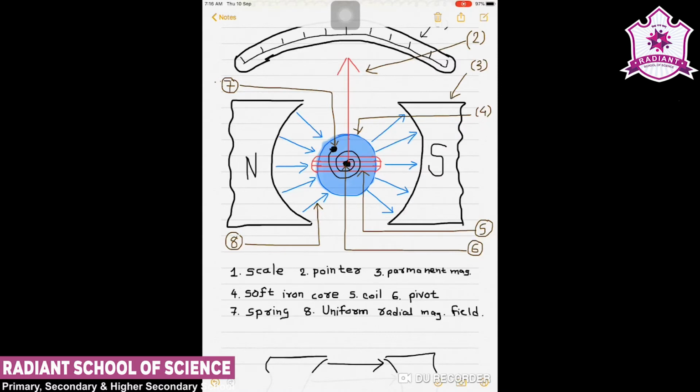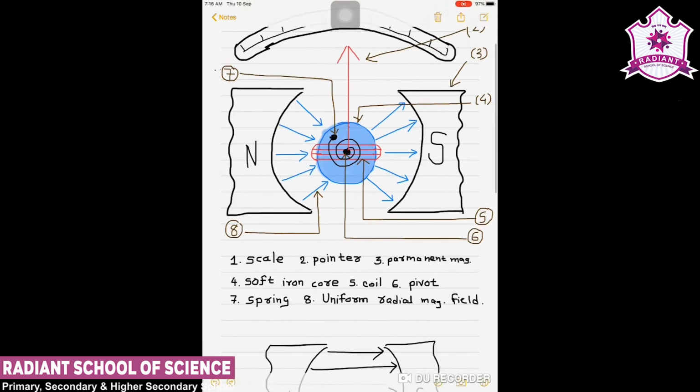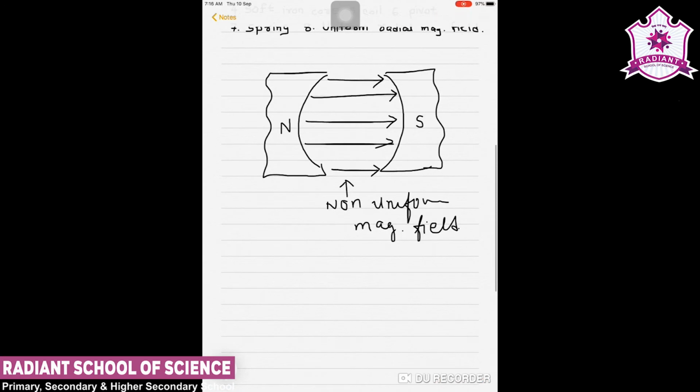Now under this condition, when current passes through this coil, it will experience torque, and that torque is given by a very well known equation, that is tau equals n I A B. That is a very well known equation. Here we consider that it has a total of capital N turns and the torque is provided by this equation.